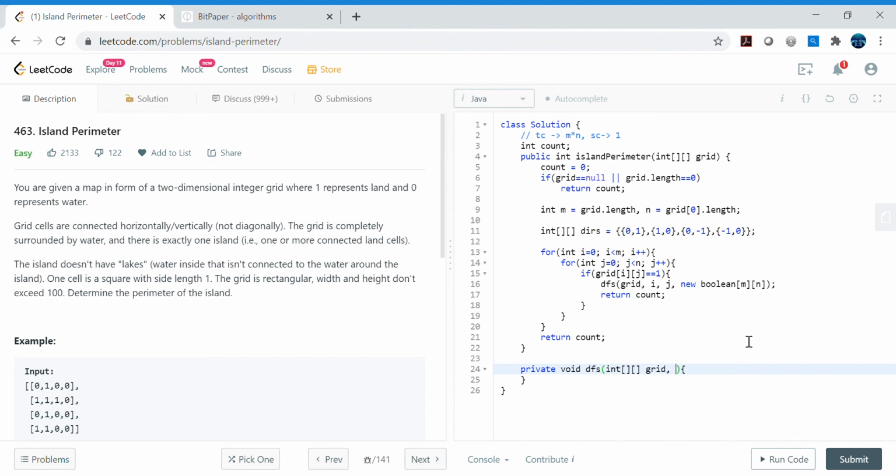Oops, grid, int row, int column, and then boolean visited. Okay, now let's have the base condition. So the base condition is the same: row is less than 0, row is greater than grid.length - 1, column is less than 0 or column is greater than grid[0].length - 1, or